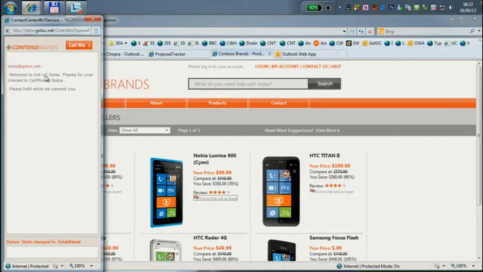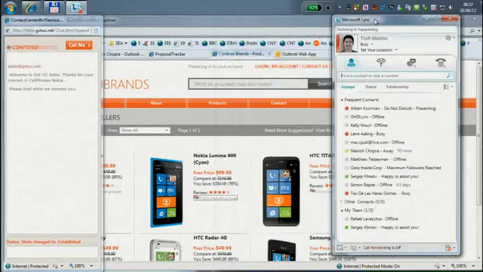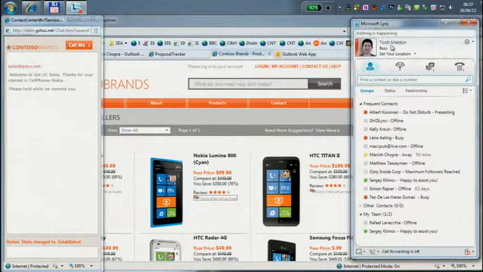So I'm now connected to an expert queue, not a real expert yet, that says, hey, wait while we hold you because we are looking for a cell phone expert on the topic of Nokia. Now, it happens that Tosh Meshton is such an expert. So what you see here, Tosh is busy. And we use presence here to actually report back to duty.